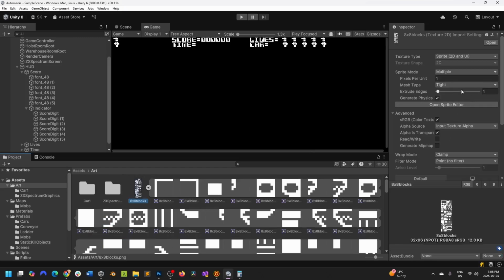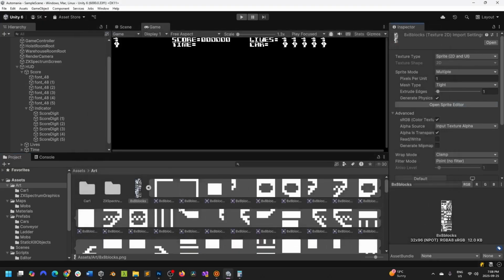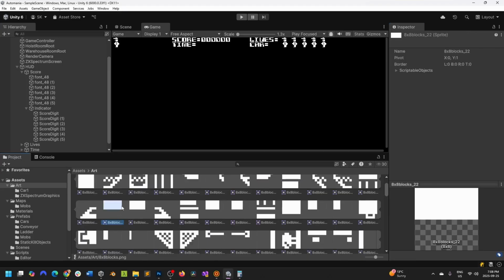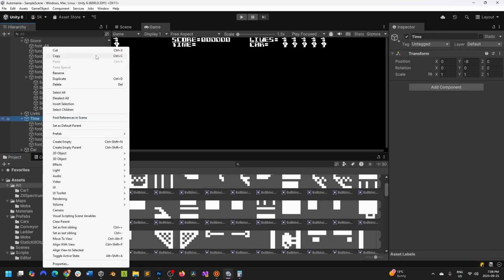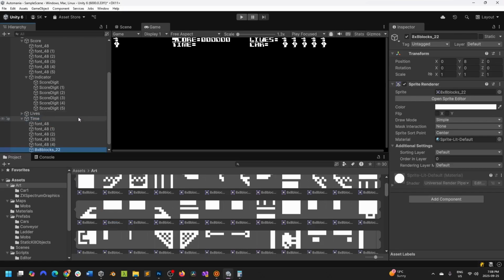It is. If we go into the sprite editor here, actually, it'll be able to tell me. So this one here is 22. So it is that one, 22. Okay, so if we grab 22, which is that one again, and then for our time, let's add another one here, and then this one we'll create an empty one. Actually, do we need to? No, I don't need to. Let's just grab that to there, and then that's going to be at